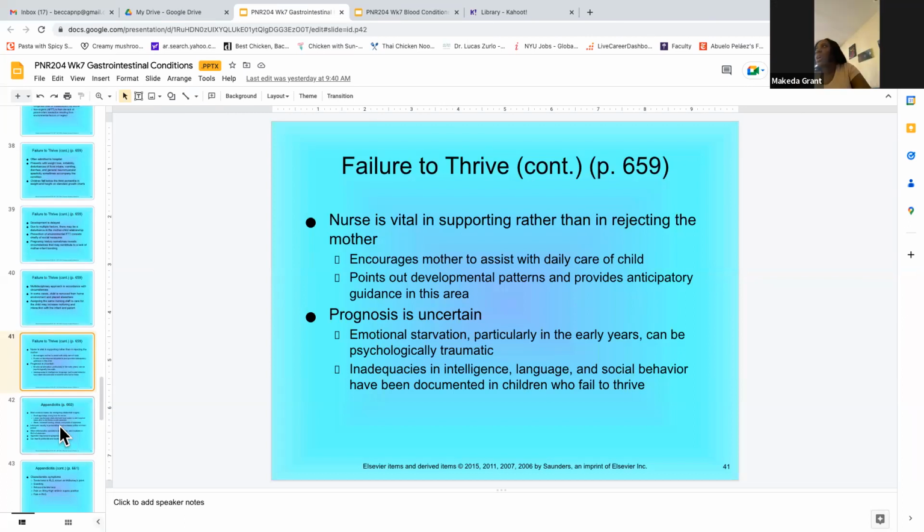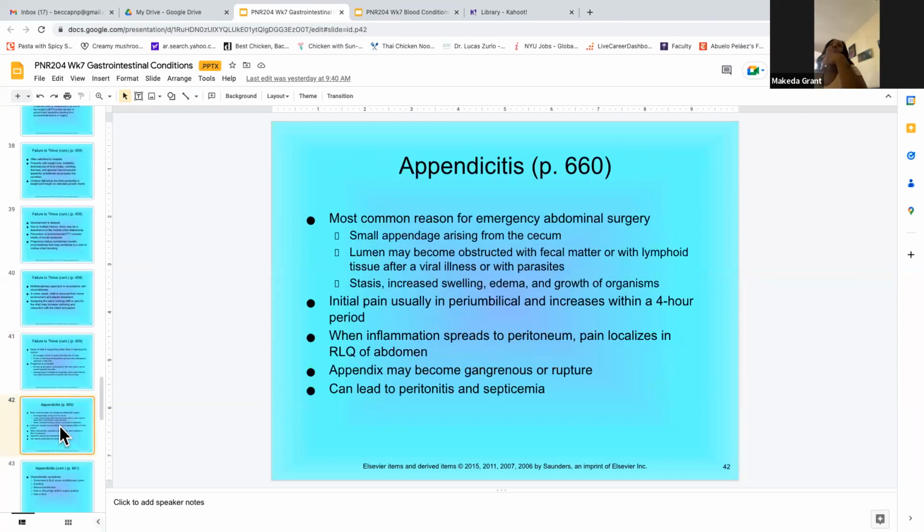I have a question. In regards to Failure to Thrive, the scales are based on formula fed babies, correct? Well, you mean in terms of the growth charts, like how much they should weigh? Yes. The cutoff is below the 3rd percentile. So even a breastfed baby that might not weigh as much as a formula fed baby, if you're below the 3rd percentile, you're really low on your weight.